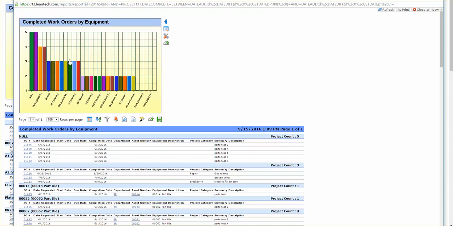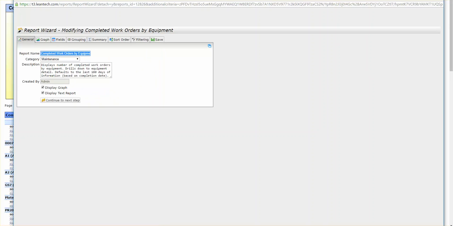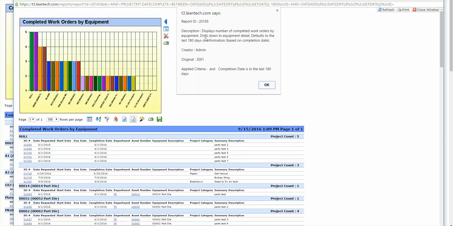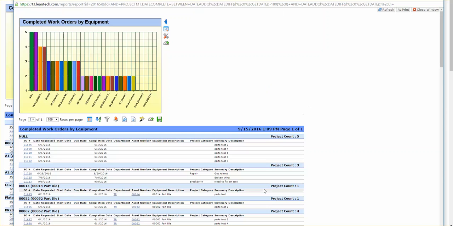And you'll notice a couple things. It's going to give us the last 180-day information. It's changed it. We could have changed the title also to reflect the last 180 days. And the other thing that you'll notice is that if I click on this little button, it's going to show me the info for it. So you can see that the report ID has now changed from 3001 to 20,165. So it's a new report within your system. That's how you change